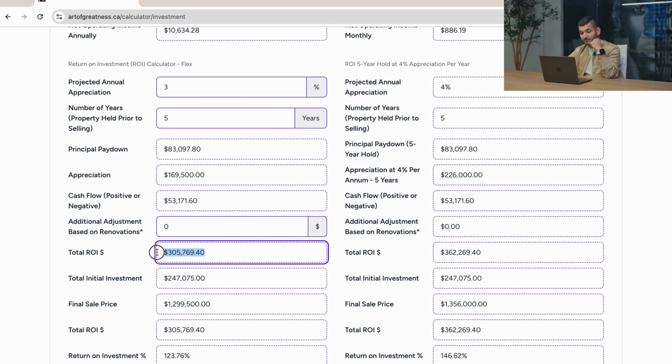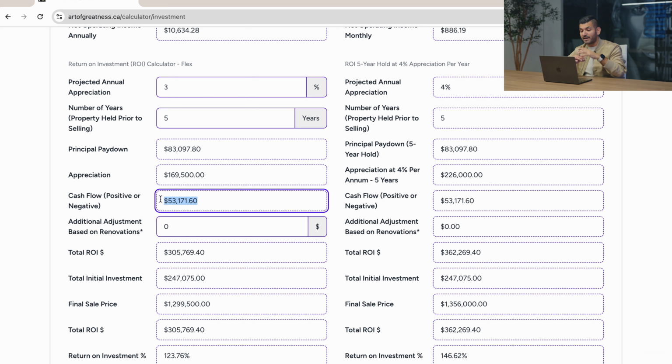So down here, you have your total ROI. Your total ROI is made up of these numbers: your principal paydown, appreciation, and your cash flow. So cash flow isn't everything. A lot of times in different markets, appreciation can carry you much stronger. For example, in the Toronto Real Estate Board, we've seen mass appreciation over the last 45 years at 7%. So if you bought a $1 million property and it went up 7% a year, you're making $70,000 on that property